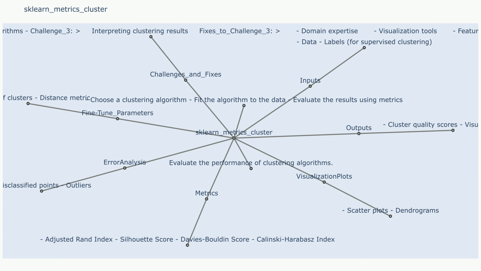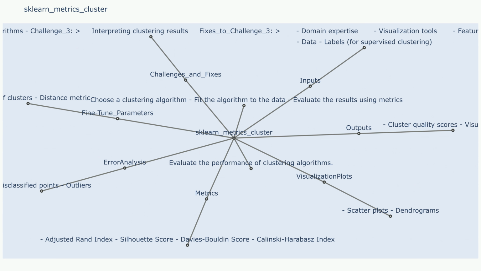Challenge 5. Explain in detail dealing with high-dimensional data. Clustering algorithms can face challenges when dealing with high-dimensional data, where the curse of dimensionality can hinder performance. Sample use case that resulted in challenge 5. Applying clustering on a dataset with a large number of features might result in poor clustering due to the curse of dimensionality.